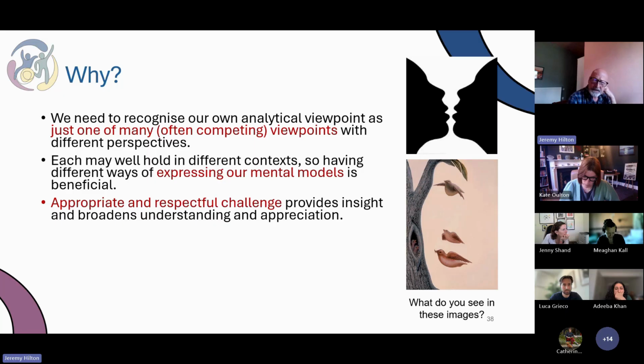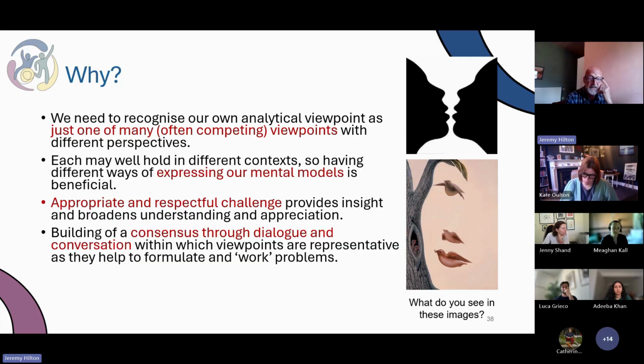In these, it is important not just to accept what somebody else's point of view is, but to have that gentle inquiry. That's why I said appropriate and respectful challenge. You know, I'm not sure I agree with you, but let me try and understand where you're coming from. Not convince me, but try and explain. And you've also got to be prepared to explain why you see things a certain way. It's about being open-minded to think through how somebody else sees it, even if, as a starting point, you disagree with it. It's being respectful to park your own thoughts and say, well, okay, let me try and understand where you're coming from. And then you can get a dialogue going.